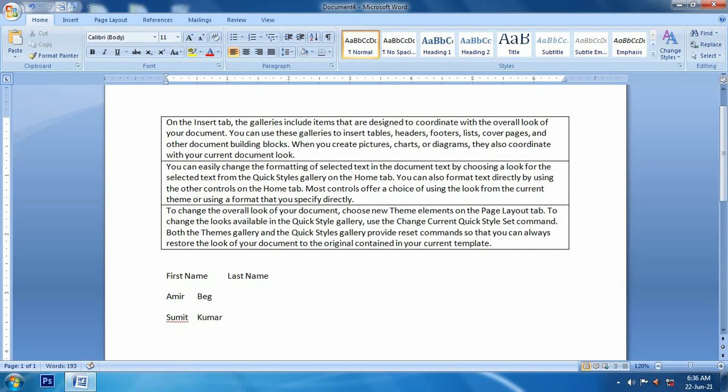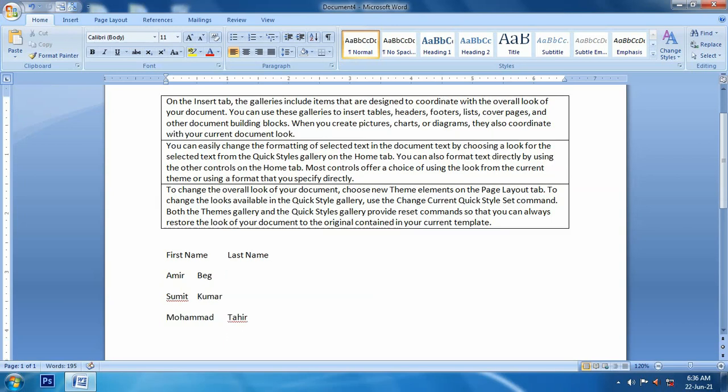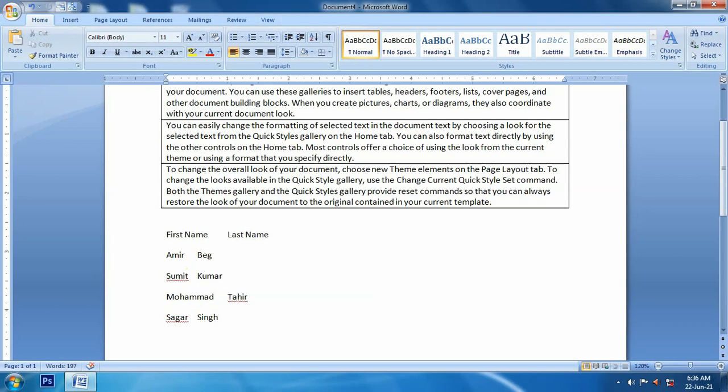Whether it is in alignment or not, we have to press tab only once. And enter.